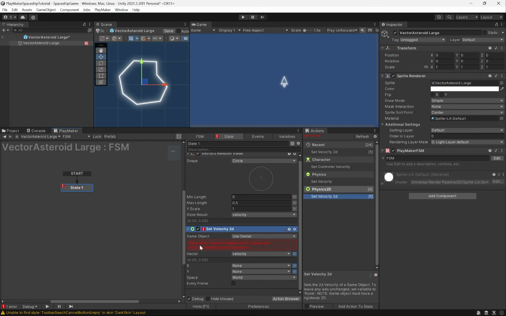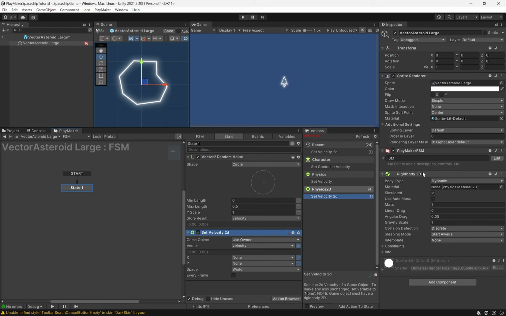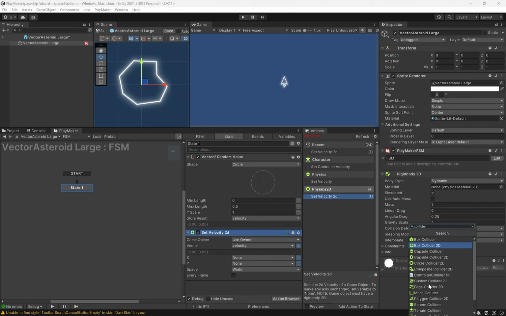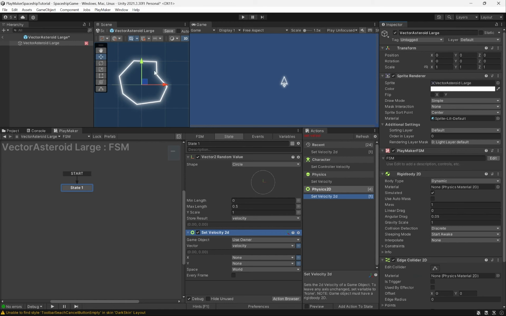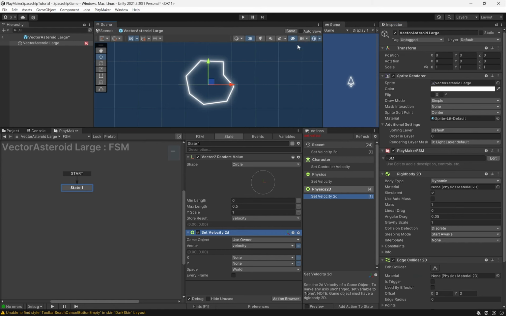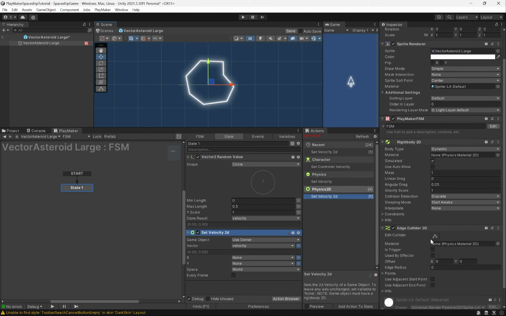Now here's the thing, it's saying game object requires a Rigidbody 2D component. That's because we haven't added that yet. So I'm going to click to add the component. It has a Rigidbody 2D component on it now, but it doesn't have the collider that's necessary for it. So let's put in the Edge Collider 2D. That way, if we take a look at this, we'll be able to see it. You can see it's just flat right now, right? We could come in here and add some points. So I can click this green line and line it up with this. I can even take this one and put it down here,